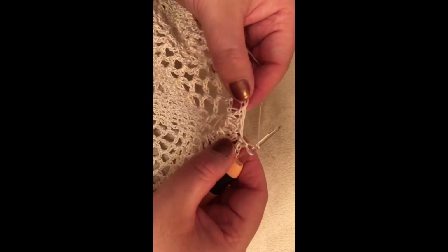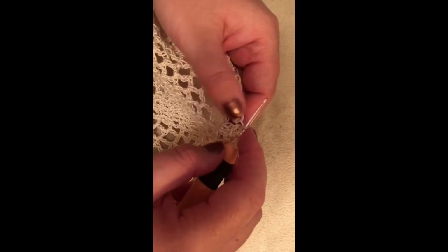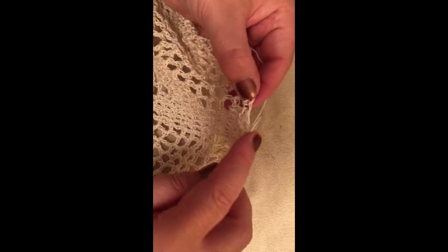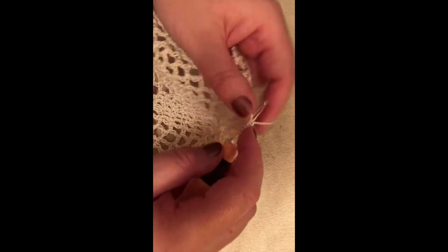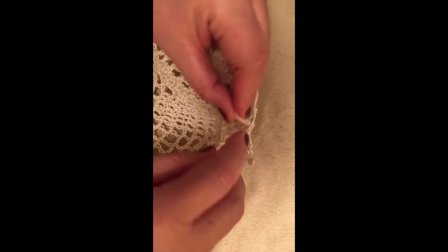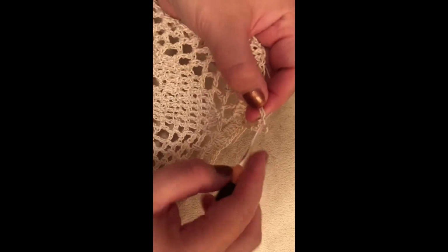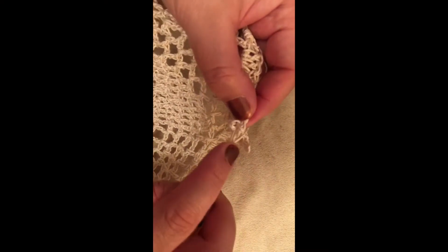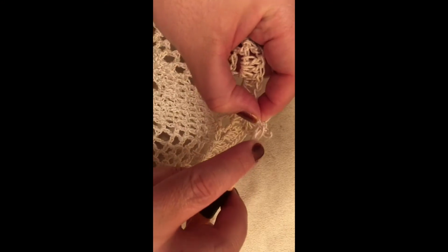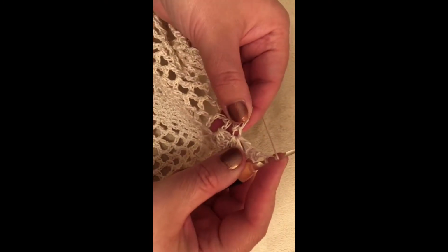Yarn over, skip 2 stitches, 1 and 2, and into the 3rd, insert your hook, pull up your yarn over, pull through 2, yarn over, pull through 2 for a double crochet, chain 1, another double crochet right back into that same space, chain 1, another double crochet back into that same space, chain 3, 1, 2, and 3, back into the double crochet right here, those 2 loops right there, insert your hook, pull your yarn through, and pull your yarn through again, chain 1, another double crochet back into that same stitch,